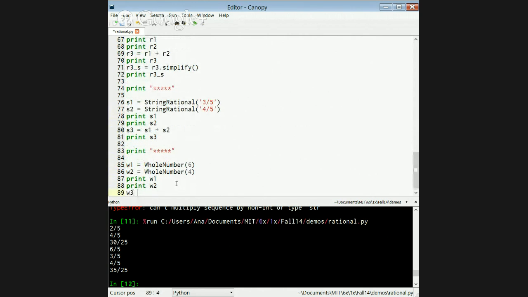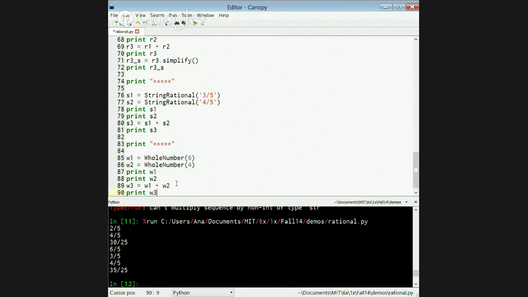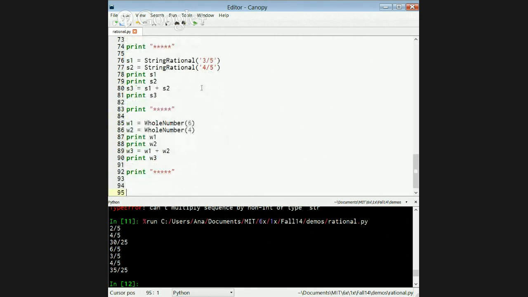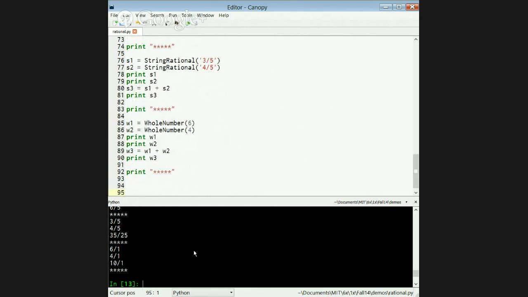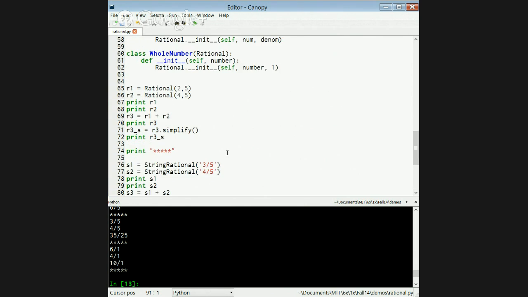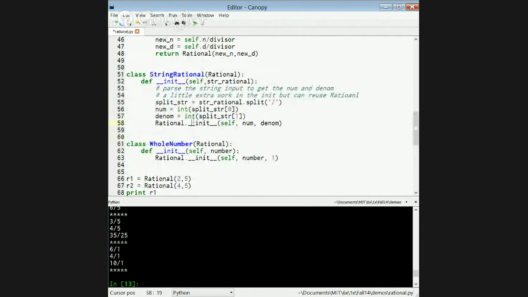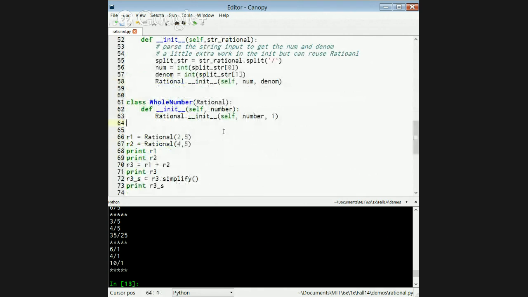Okay, and then W3 is equal to W1 plus W2 and print W3. Okay. So now if we run this, we should see 6 is represented as a rational number 6 over 1, 4 is 4 over 1, and when we add them, it's 10 over 1. Perfect. So these are sort of simple, silly subclasses, but I think it should demonstrate the types of things that you can do